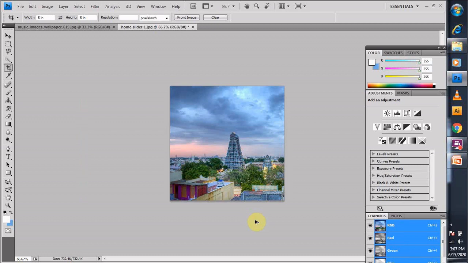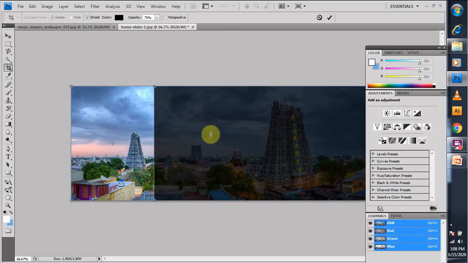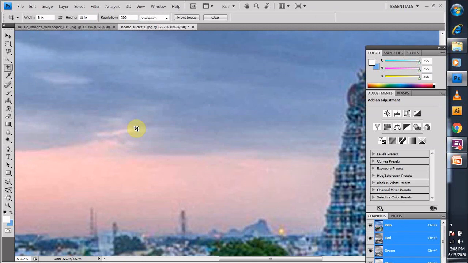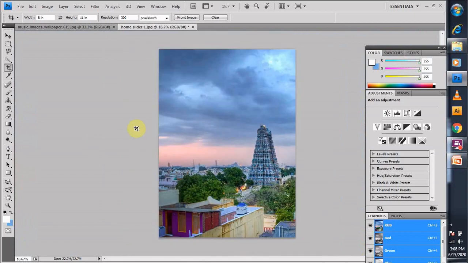Now here is one more important thing, again I'm redoing it. We can set the resolution. Suppose I have set the resolution 300 and again I change the width and height, like width 8 and height 11 inches. In the same manner it will crop it. See, it has cropped to a width of 8 inches and height of 11 inches. It has not taken the rest of the part because we've already set the height and the width and we've already set the resolution. So as soon as you press enter, you will see my image seems to be quite big. Why? Because we have set the highest resolution, that's why it is showing up that resolution.